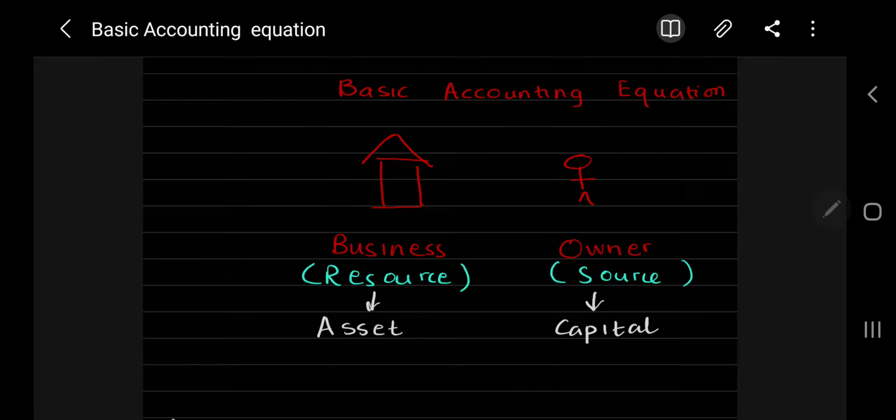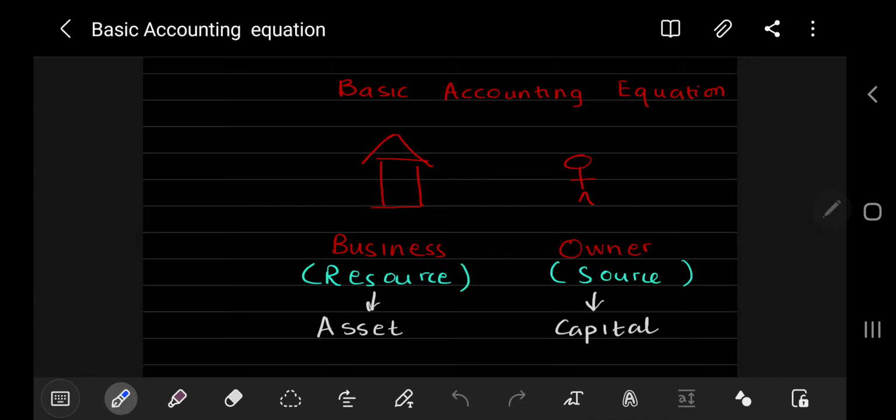Whenever we are doing accounting, there's one concept that we have to thoroughly follow: the business is a separate entity from its owner. So the business and the owner are not the same party when it comes to accounting. We have to keep that in our mind. And when you think from that perspective, anything that is given to the business is a resource of the business, and that resource is given to the business by the owner. So you can see there are two parts in the definition. The business comes on one end while the owner comes on the other end.